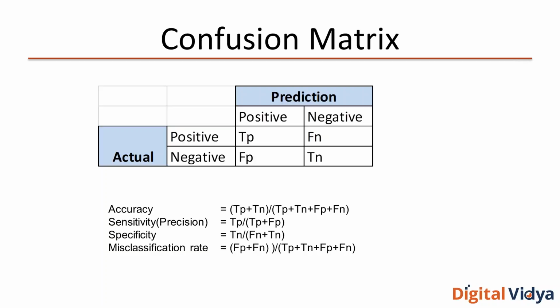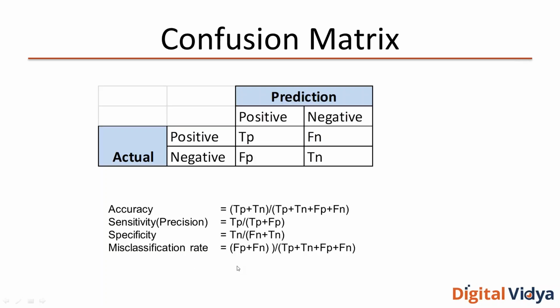Depending on the case, if you have worked on clients with this kind of prediction model, they may say they don't care about specificity, they want higher sensitivity, high precision. Then you will compare the sensitivity score. Or they want to compare the misclassification rate. So what is misclassification rate? It's given by false positive plus false negative by total number of cases.